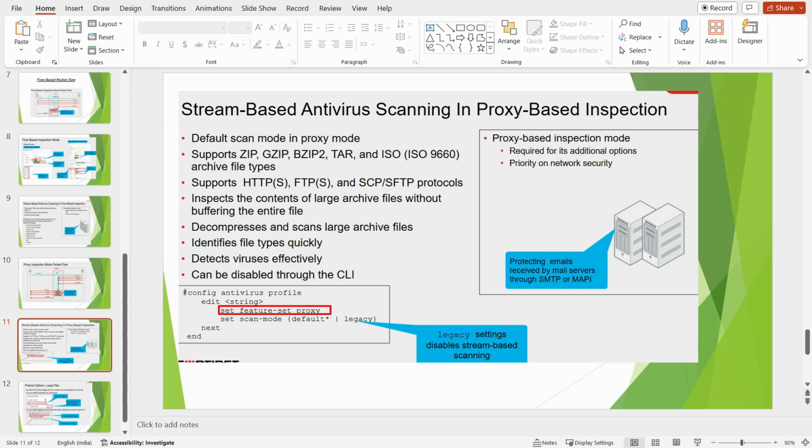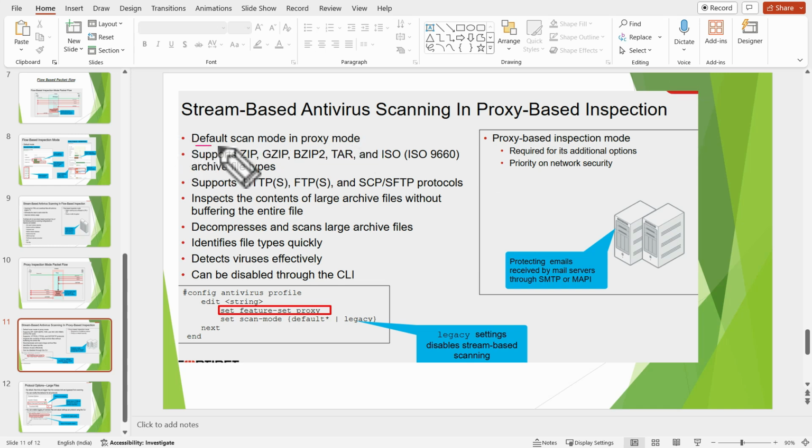This process uses memory resources at the same time. So stream-based scanning scans a large archive file by decompressing and, at the same time, extracting the file also.